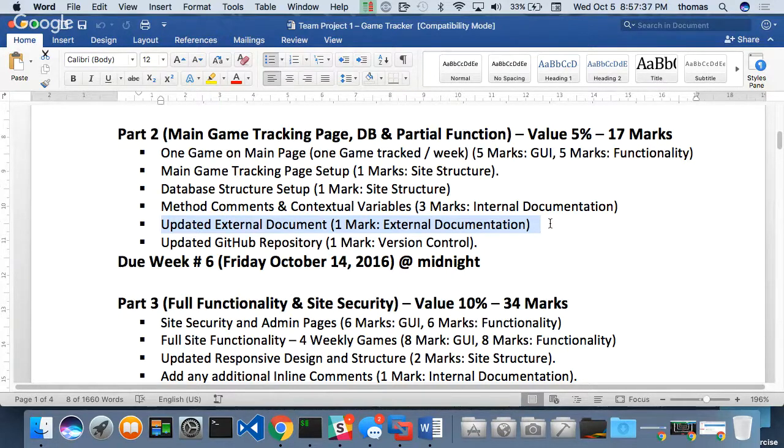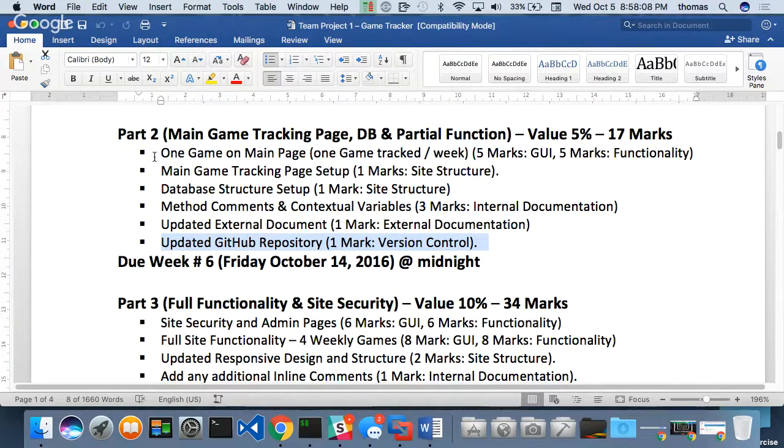You need to do another update, because remember, you're going to start producing pages, and you might include some initial screenshots. Not the final screenshots, because you may have to change those, but some idea of what you're doing. If I go to your GitHub repo, I should see it's updated with extra commits. And inside your external document, you should have more commit history, because your project has progressed. I want to see the progression in your document. That's what's due next week, Friday.